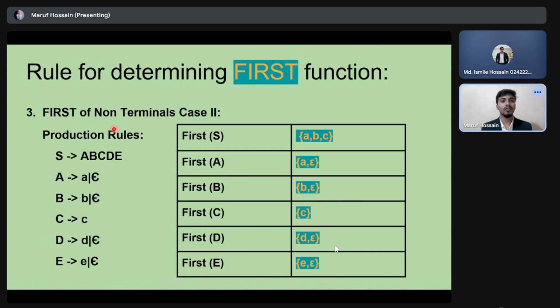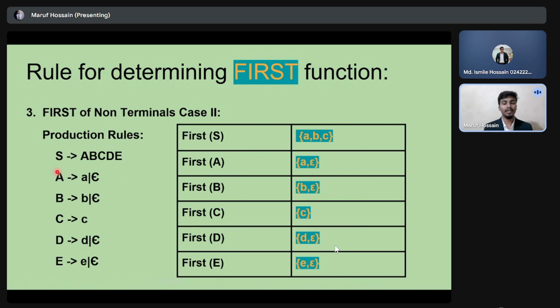Here is another case. Normally a production rule can have multiple non-terminals in the right hand side which are dependent. So at first we have to find the first set of the non-terminals. For example, for these production rules, if we want to find the first set of non-terminal S, we see capital A, capital B, capital C, capital D, which all are non-terminals. So at first we have to find